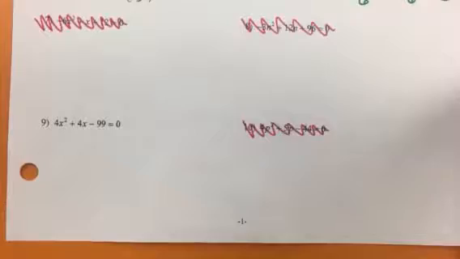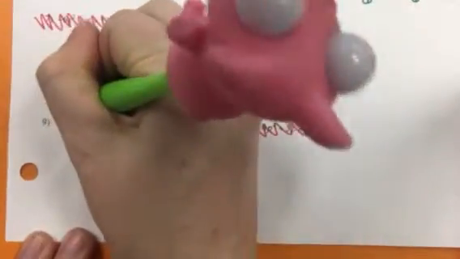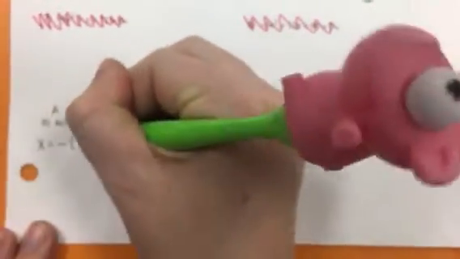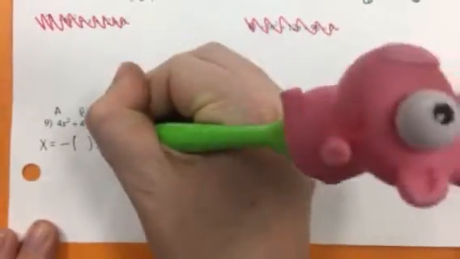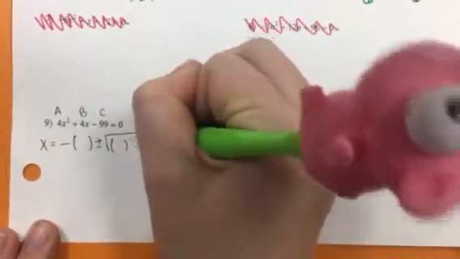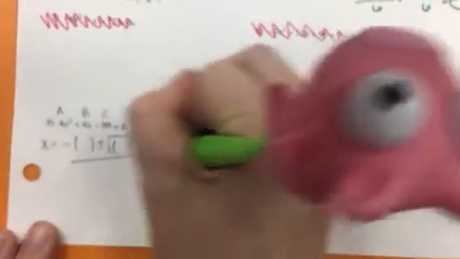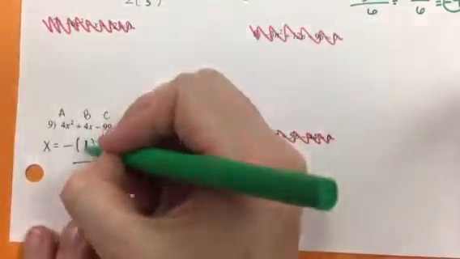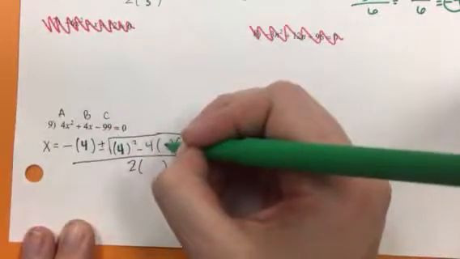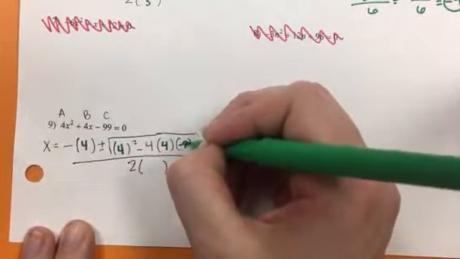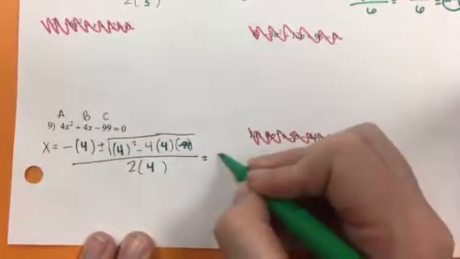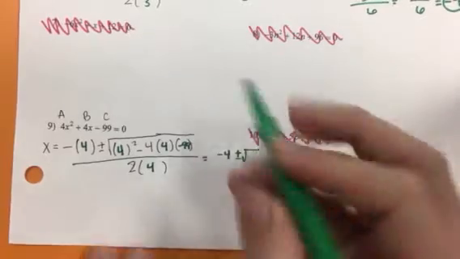In the next case, we have A, B, C, and I'm going to rewrite the quadratic formula with my parentheses, plus or minus the square root, b squared minus 4ac all over 2a. I plug them in, plug in the b, plug in a and c over 2a. -4 plus or minus the square root of,